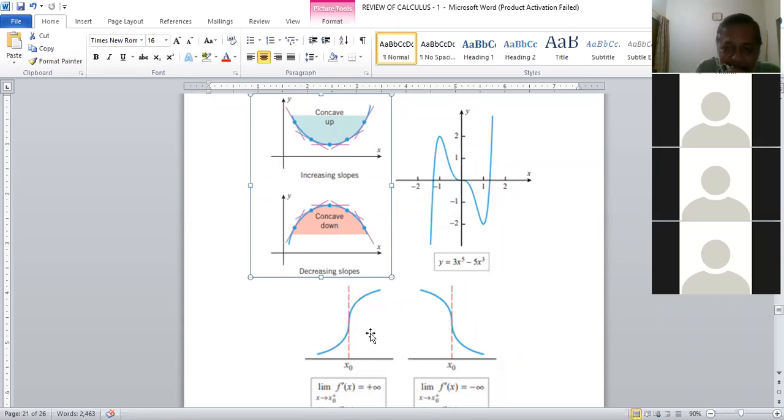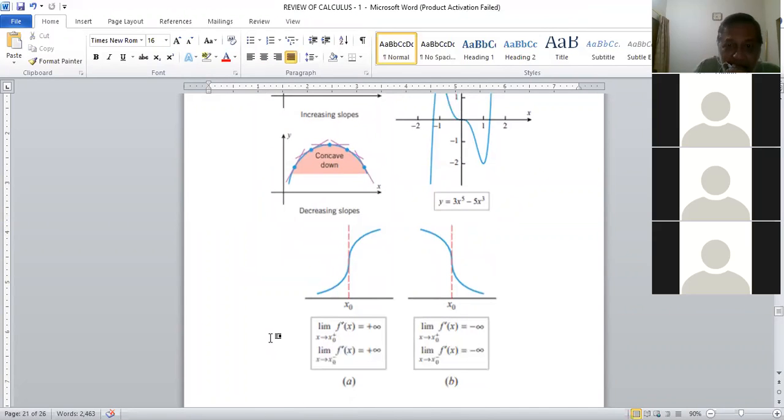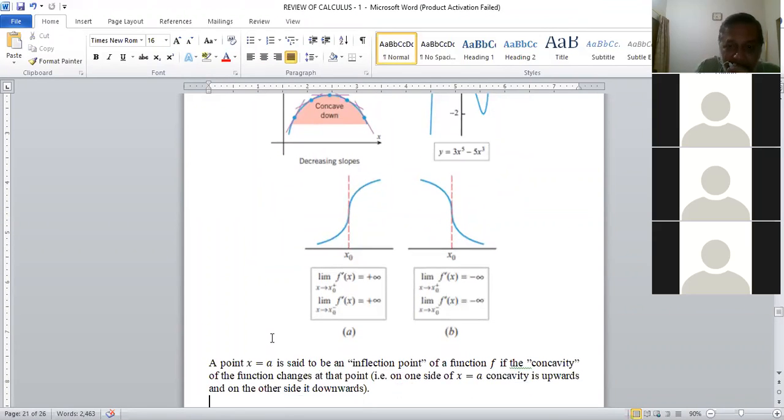So being vertical, we have tangent not defined, or slope not defined, or gradient not defined, second derivative not defined. So we can have this possibility. So at an inflection point, the tangent of the graph crosses the graph. It is neither below the graph nor